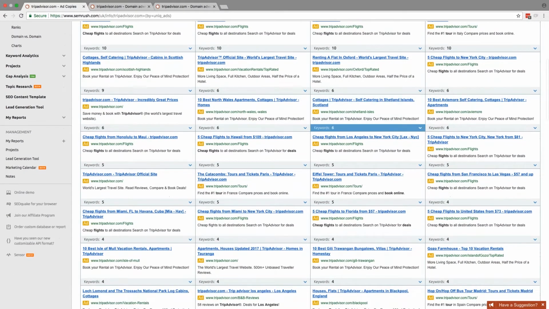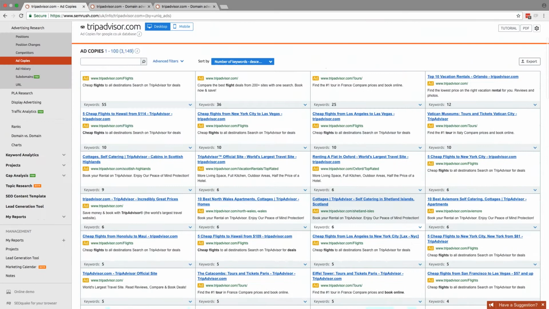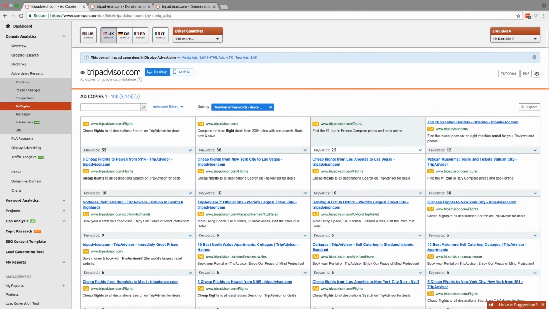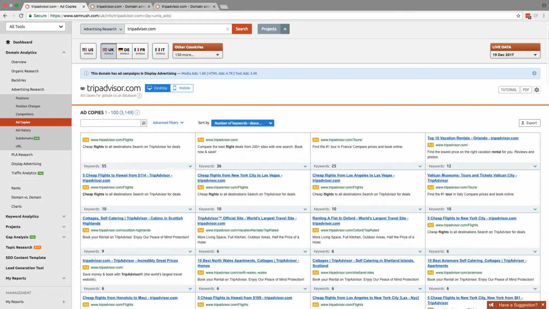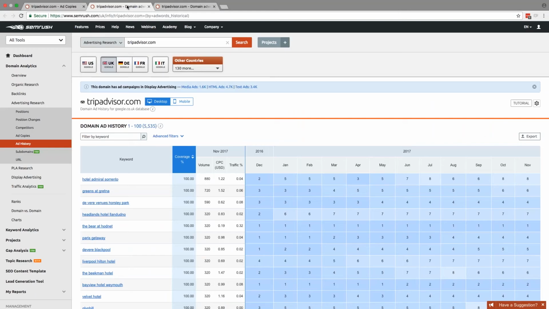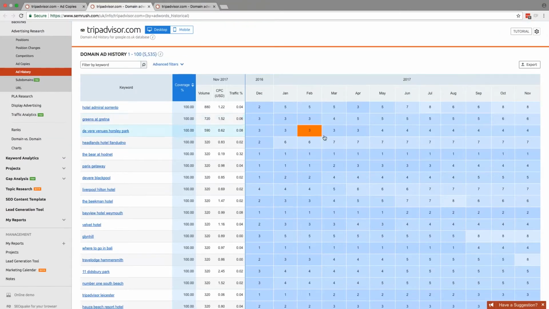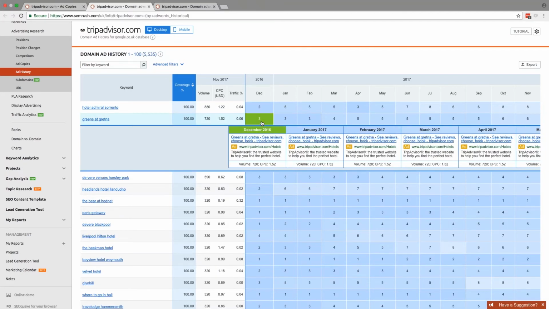And if you click on the heading, you will be taken to the landing page itself. I believe this is a really nice thing when you are thinking about expanding your strategy and you want to get some insights, what keywords you can use and what messages your competitors deliver, and maybe you would like to play with this somehow. And also I would like to show you the ads history report